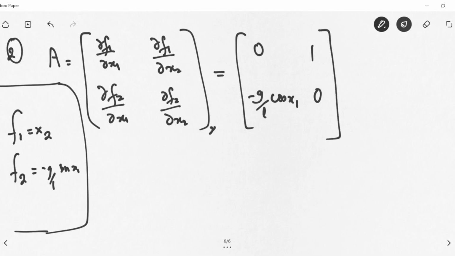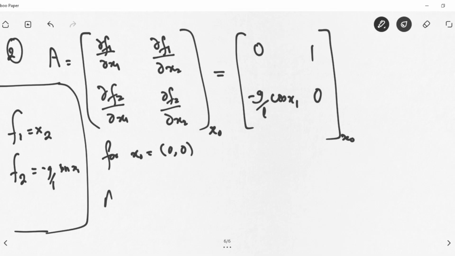And this is at your initial operating point, your equilibrium point x0. We have already derived that we have two equilibrium points in this case. For x0 equal to 0 comma 0,